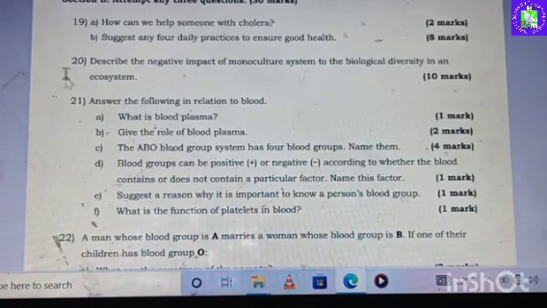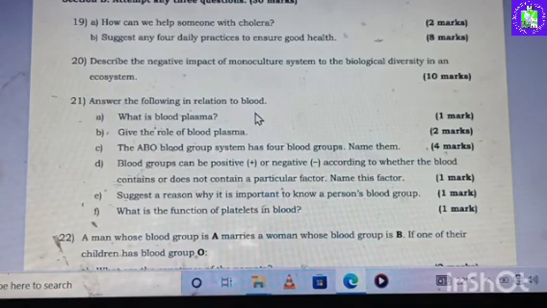Let me go now with question number 20. Describe the negative effect of nomenclature system to biological diversity in ecosystem. That nomenclature system can cause what you call loss of biodiversity. For question number 21,